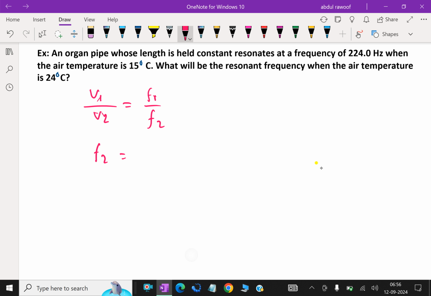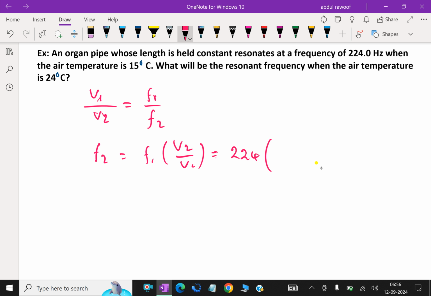F2 equals F1 into V2 by V1. That is, F1 is